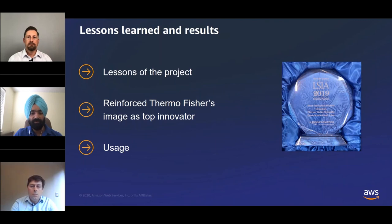Again, we've given our users that ease and that experience to have a lab assistant sitting right next to them within their instrument. In terms of usage, we've noticed primarily customers are using it to navigate to deep embedded menu items. They're also using it for a bunch of Alexa public skills. So having all of that, your private skills and all the Alexa capabilities, it's a very powerful combination. And again, this is our first step in this direction, and we are constantly improving and building on top of that. One feedback we've got from our customers is that